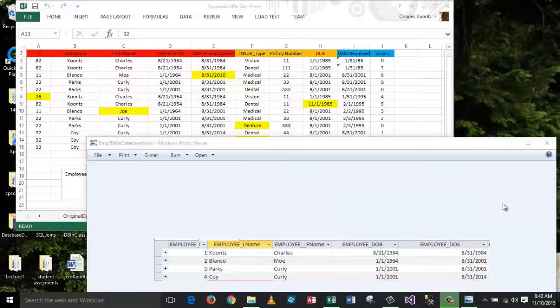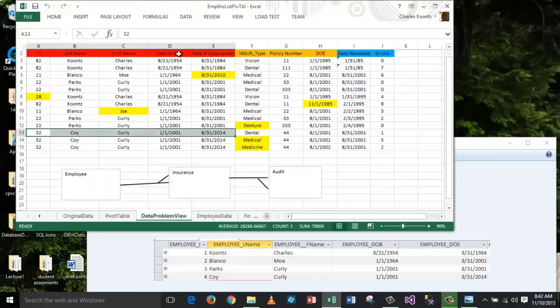Hi, I want to go back and review what we've been discussing in class and then push ahead and look at how we can create tables and relationships in Microsoft Access. If you will recall, I presented a problem where I showed a flat file data set, and as we analyzed the data that was stored away, we saw that we were storing the data redundantly, and that in doing so we made it so that there were lots of errors, or at least there was the potential to introduce